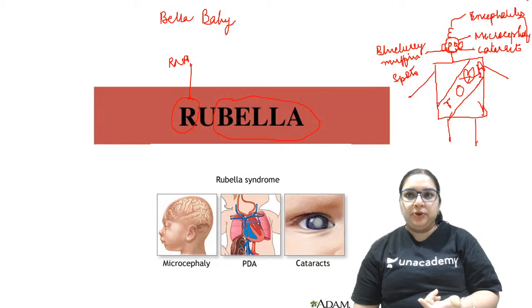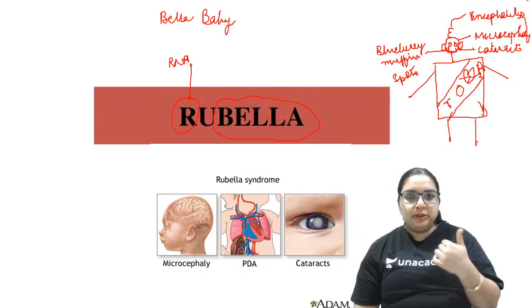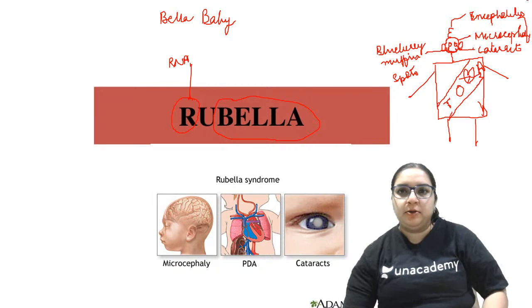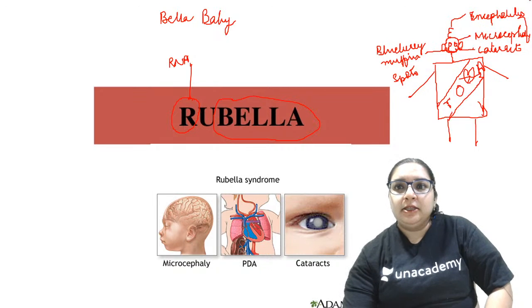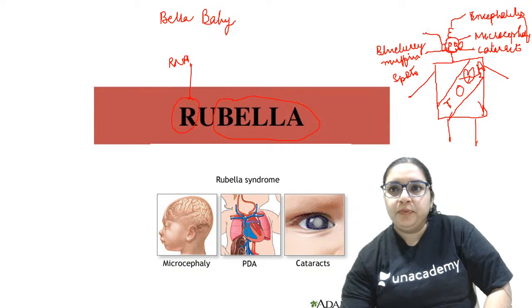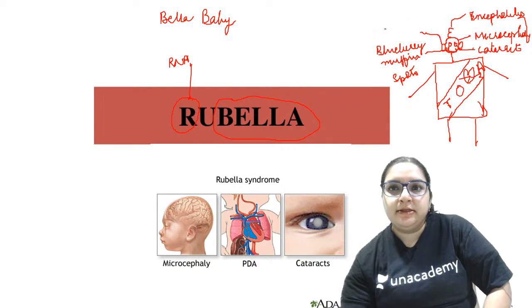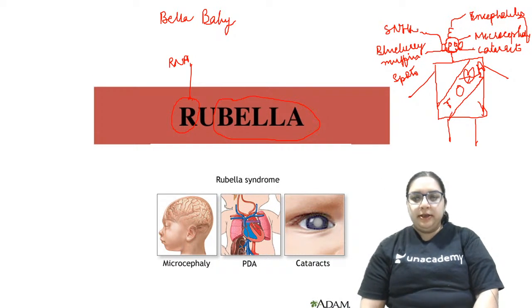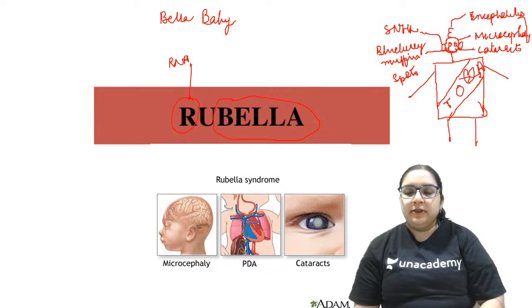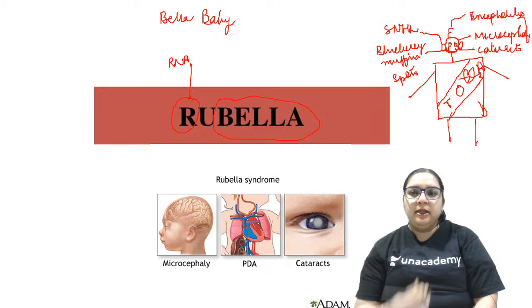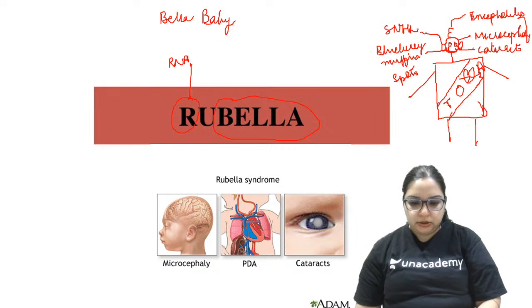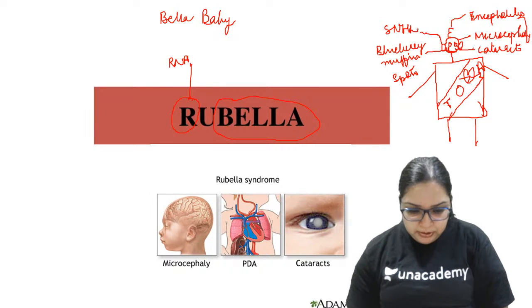The eyes are showing cataract. There are blushes, which means there are blueberry muffin spots. The huge ears over here show that there is a sensorineural hearing defect, or hearing loss. And then finally they have cardiac anomalies, and with the toga, they belong to the togavirus family. Is that clear? So that makes it very simple.